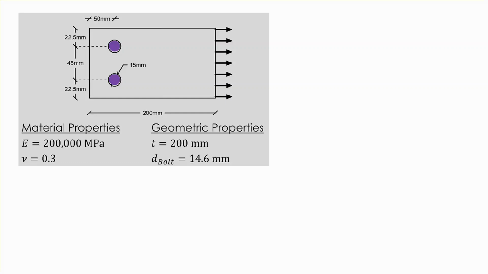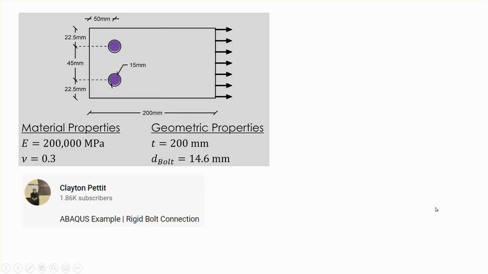Now we are assuming that everything is elastic. The thickness of this part is 200 millimeter in depth into the screen. Okay, and it is actually done in a step-by-step fashion using the Abaqus CAE